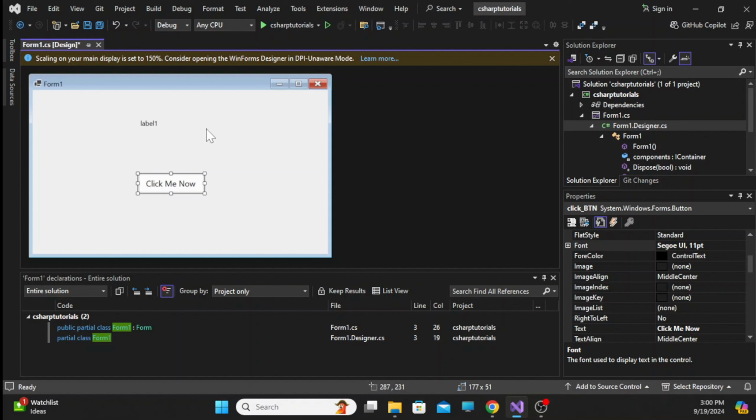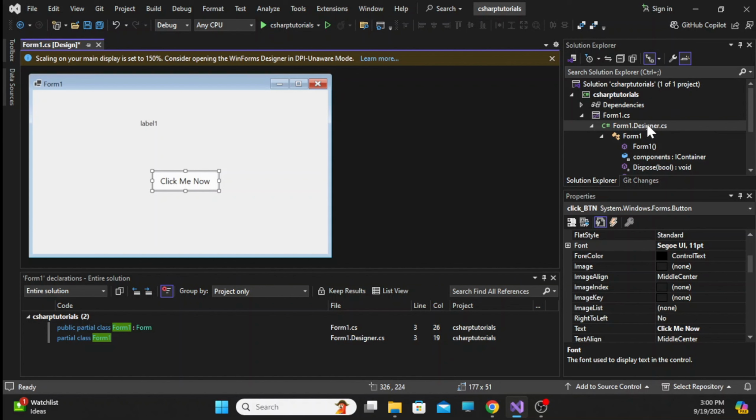Okay, so you might wonder, if I'm changing the properties here and creating the Windows form by dragging and dropping on the graphical user interface, where is actually the code written? Because C# is a programming language. Where are these components announced or declared within the program? The answer is within the